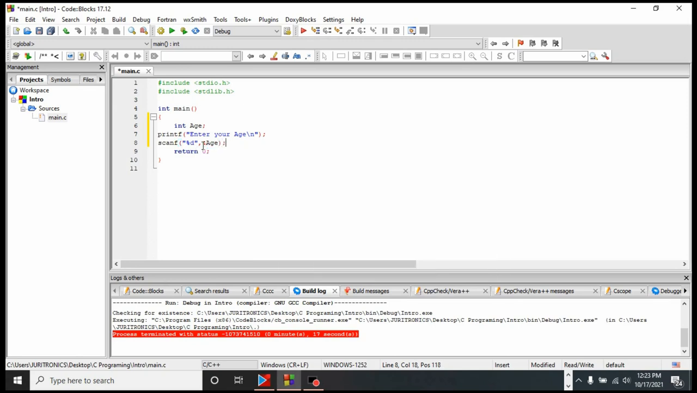And let's close this. So now what we have done here, we have told the user to enter his or her age. After the user has entered the age, that age will be scanned and put into this age variable, and after that we would like to print out the value in this variable so that we know that it has worked. So we specify the data type, which is %d, and we write the age